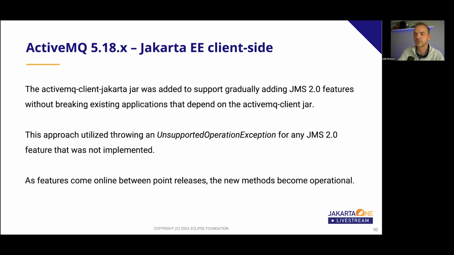So the very first jar that went out, all the new JMS 2.0 methods just simply threw an unsupported operation exception. So that worked. If you're using the jar in essentially a JMS 1.1 way, you're not going to have any problems. It's all just going to work. Once you want to start using JMS 2.0 operations, you'd have to really make sure it was ready for you. As we started adding JMS 2.0 operations, we would fill in the implementations on a method by method basis, removing those areas of code that were just throwing unsupported operation exception. So this is a really neat way.